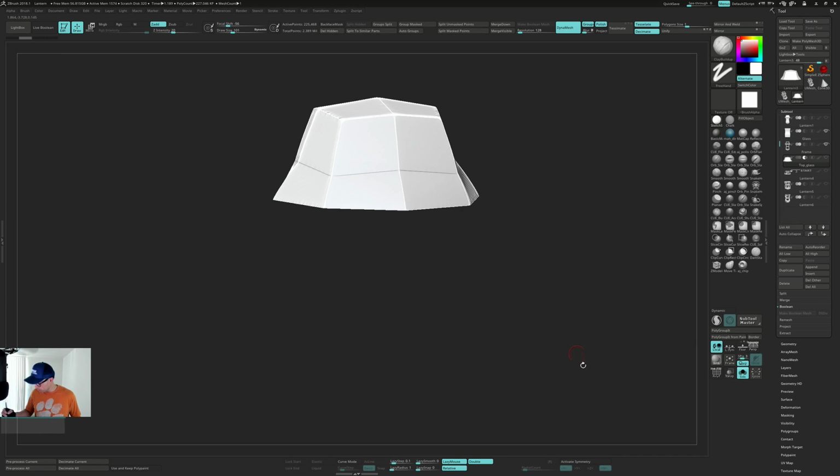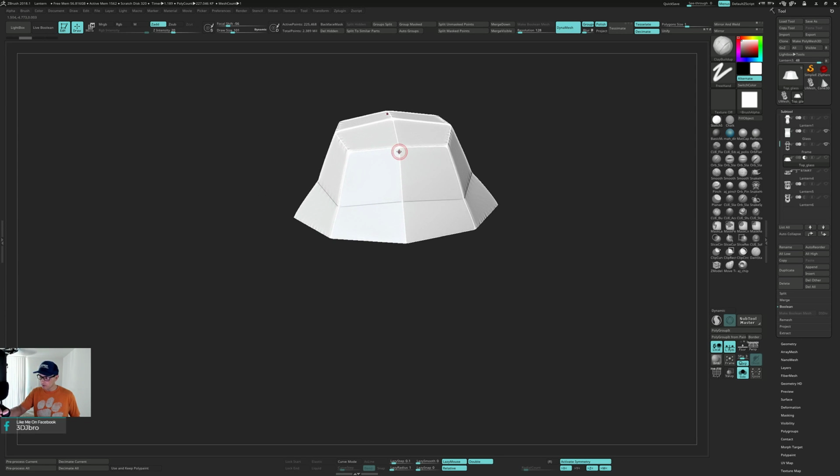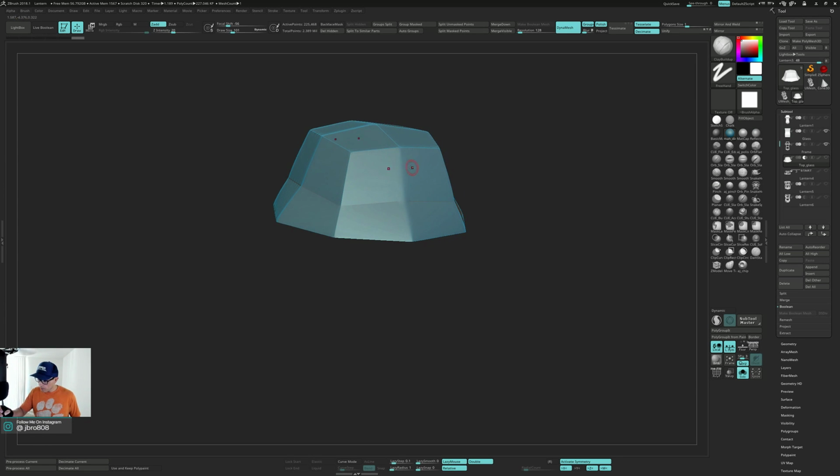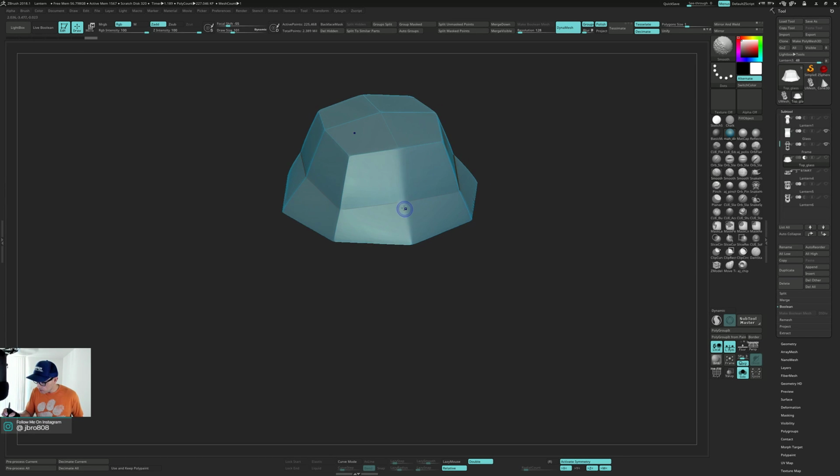Let me turn symmetry on. Local. I don't mind if it shows up a little, but I don't want that to look so